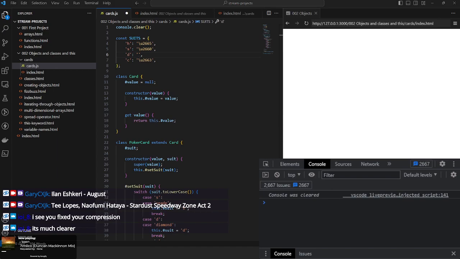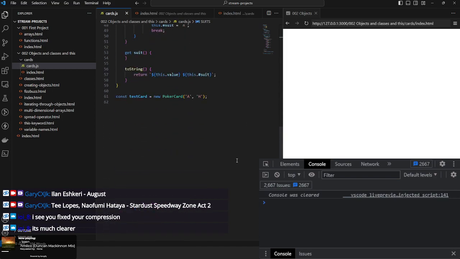And diamond, black diamond, 2666. Did I pick the right heart symbol? Yeah, that's weird. Okay,